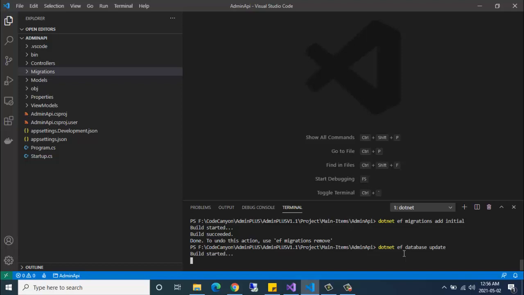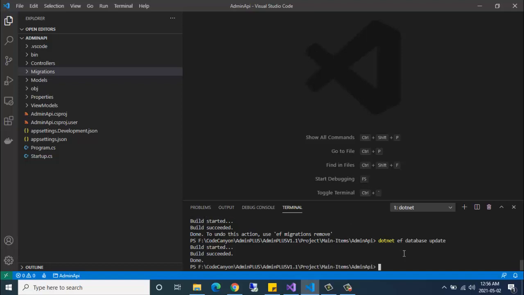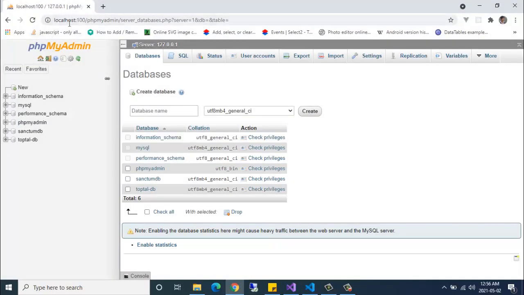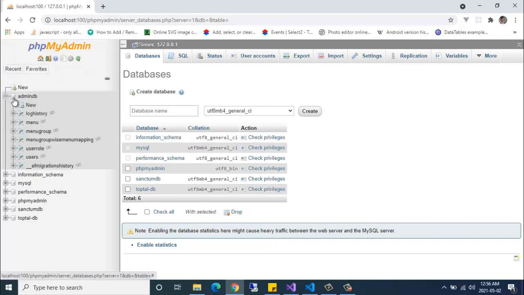I use a MySQL server for this demonstration. So a database will be created in the MySQL server. Look at our MySQL server, and after refreshing, a new database named admin is created here.